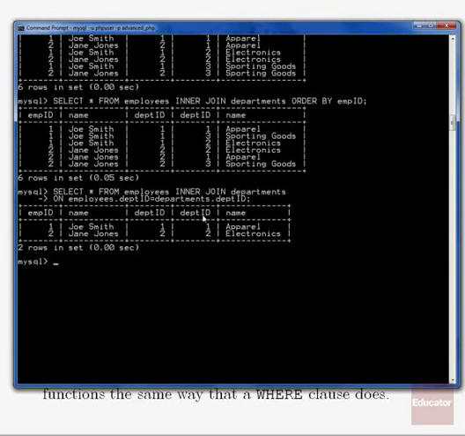Because they have this matching column, department ID, it actually shows up twice because they both have it, and we're not necessarily interested in that. We're just interested in the other information, for example, that might be related, or we might just want to see it once. So what we can do